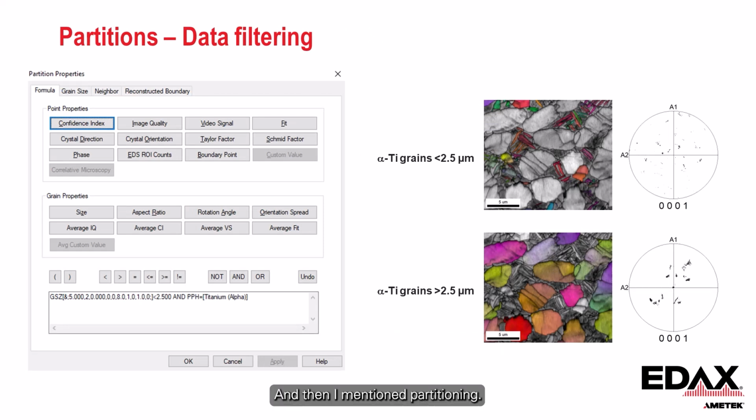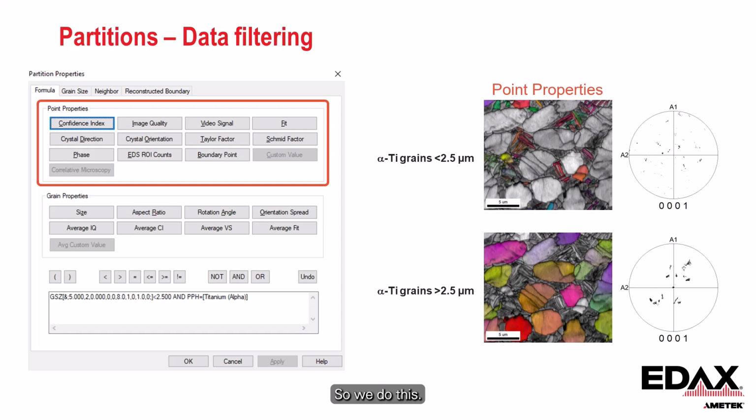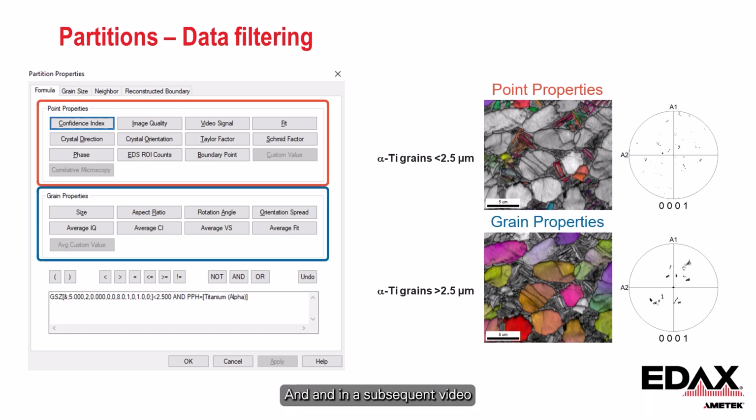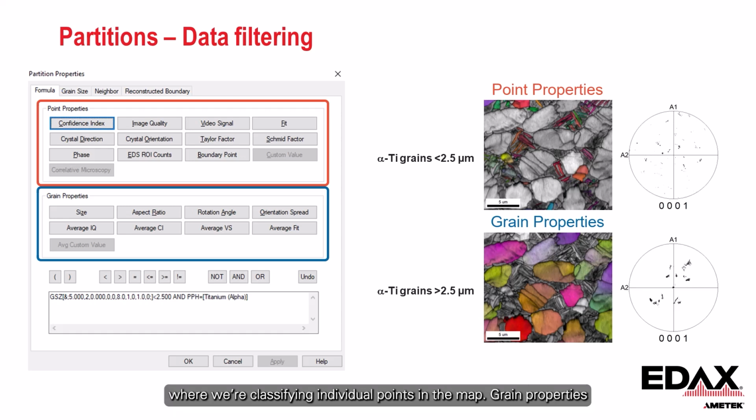And then I mentioned partitioning. This is just an example, a snapshot of the partition window here. So you can see we can partition the data numerous ways, and we're basically just defining a subset. So when we do this, we have point properties and we have grain properties. And in a subsequent video, I'll describe how grains are calculated. But essentially, a point property is just based on where we're classifying individual points in the map. Grain properties, what we're doing is we're first grouping together points as grains, and then we're making decisions based on